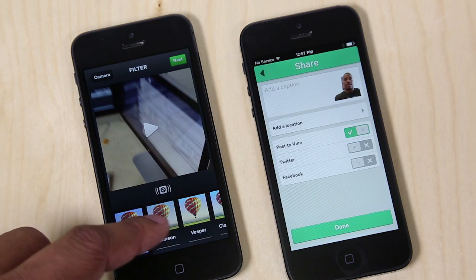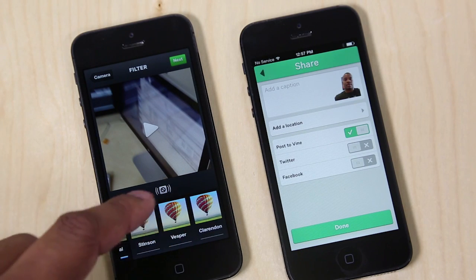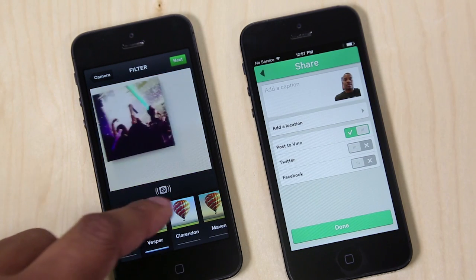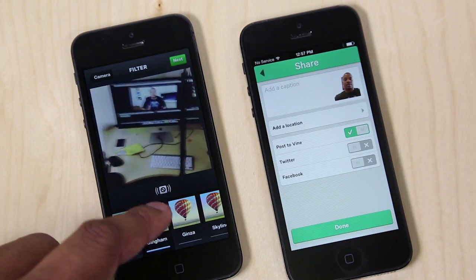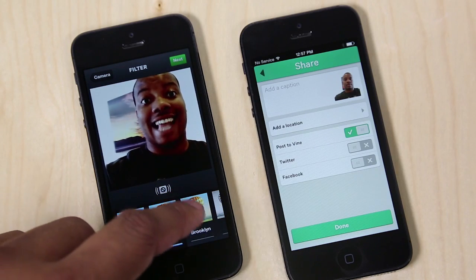And this is not a really good example of it, but you can add that to it. But also you have a bunch of different filters you can add to your videos to make them look better as well, just like you do for your Instagram pictures. So it's a very nice effect that you can do very quickly, and all these filters have been designed just